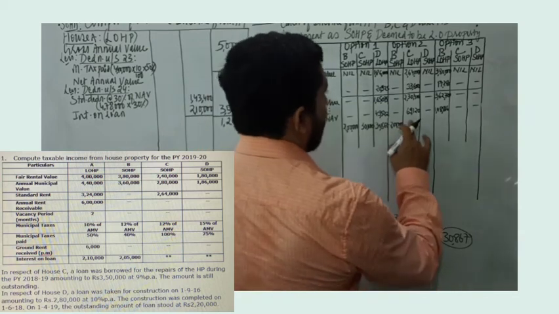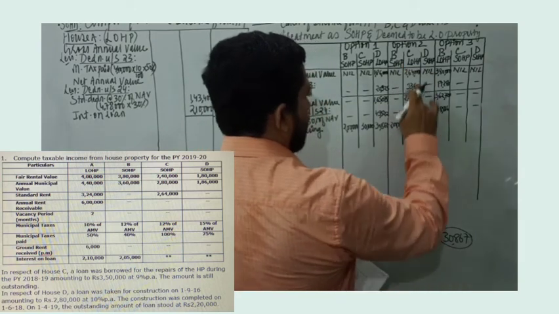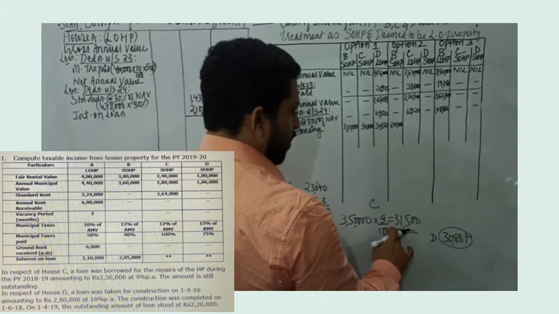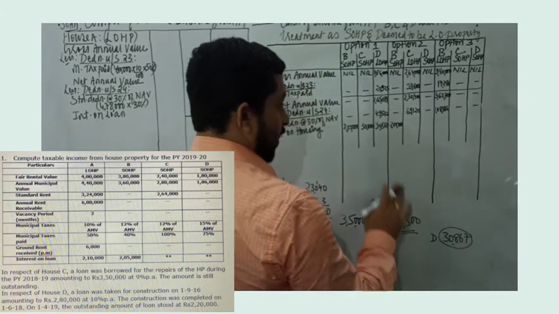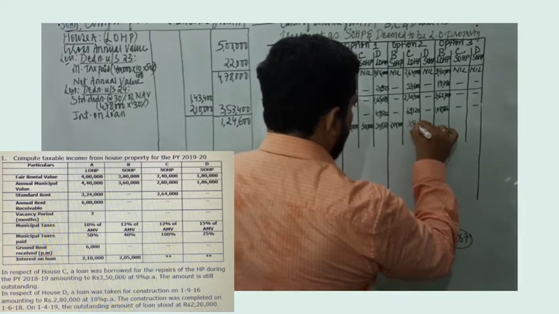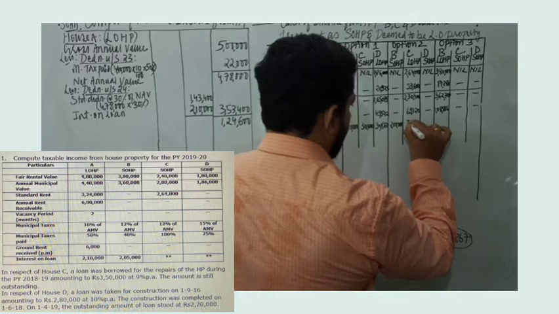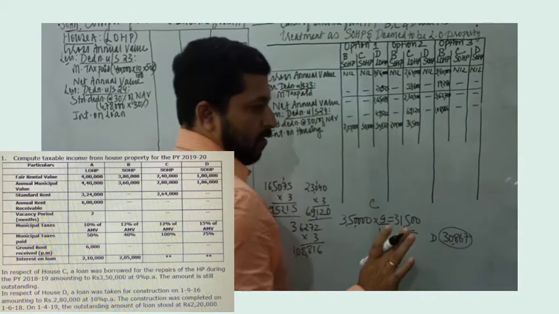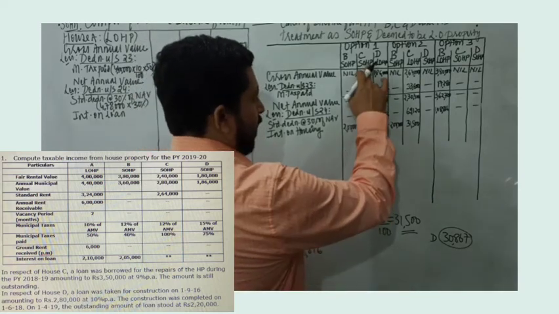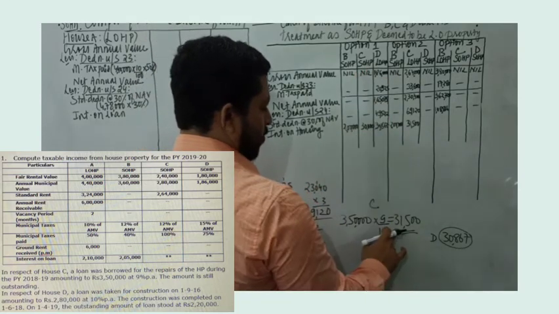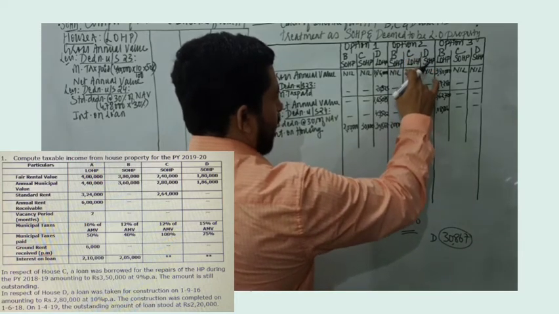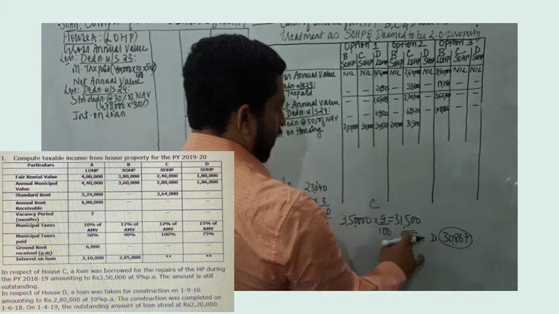We are just assuming. Then house C is now a let out property in this option. And we have calculated for house C, the interest is 31,500. So the entire 31,500 is deductible, since it's a let out portion. As far as let out is concerned, there is no limit for interest on housing loan deduction. See here, house B was a self-occupied house, so the maximum was 30,000 because it was taken for repairs. But in this option 2, house C is let out, so the entire 31,500 is deductible.